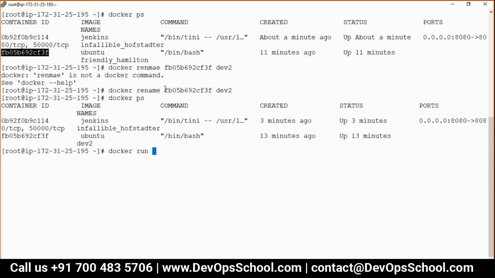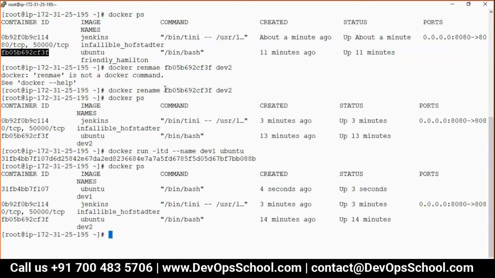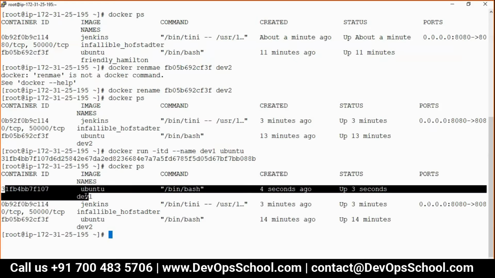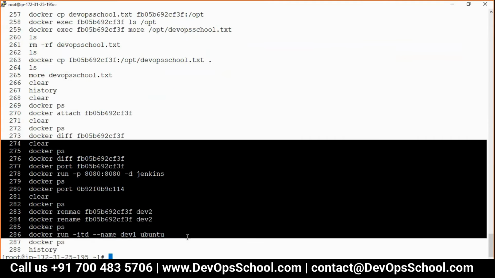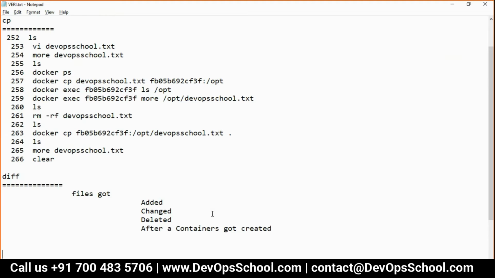Yes, why not? You can do that. Dev1. See. So guys, this is the way you can name it and rename it and work with it. So this is the port command and rename.